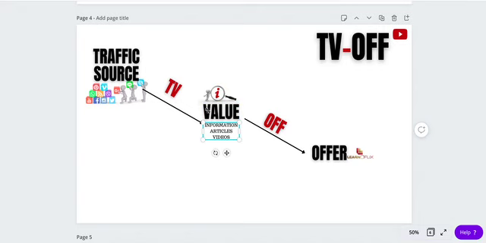So when these people see this value, this article that you create to attract them, they will rush to it. Why? Because it resonates with their current state and their current needs. I cannot overemphasize this. So when they get that, you now show them the offer.